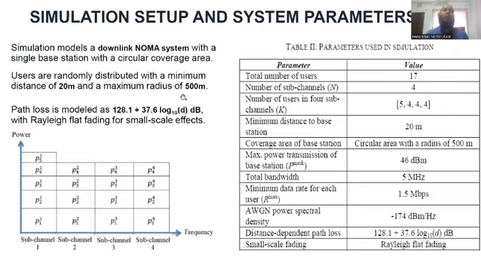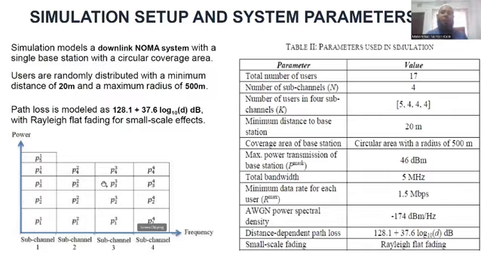Now we made a program in MATLAB and ran this program using the setup which is given here. The total number of users is 17, and the total number of channels is 4. For the four channels, we have 5, 4, 4, 4 users. So this is given in this picture. We can see that we have 4 subchannels. Each subchannel has a different number of users. The first one has 5, and the others have 4 user equipment or users for each subchannel.